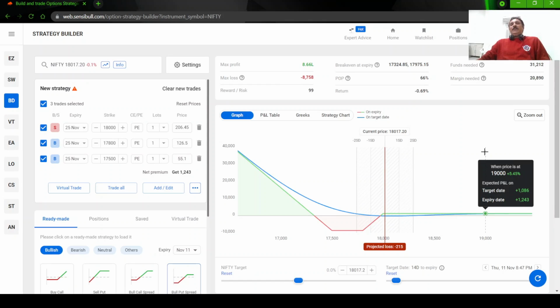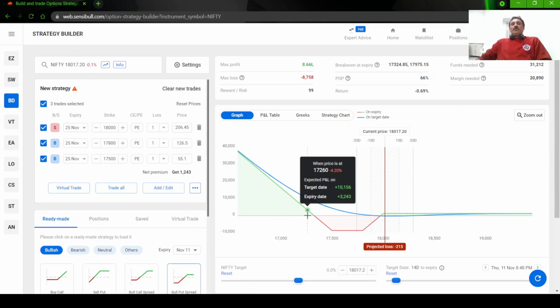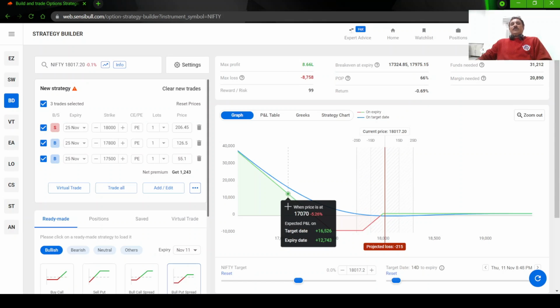Nifty can go to 1 lakh, 2 lakh, 3 lakh, right? So that is why. Here on the downside, Nifty can go only to 0, it cannot go below 0. That is why this is a theoretical value, so don't emphasize on it. So by 25th of November, if you have a bearish view and if the market goes to, consider, 17k, you will be getting about 19,000 rupees profit if it goes immediately, or if it does not go immediately, if it goes by expiry, you will get about 16,250 rupees of profit.